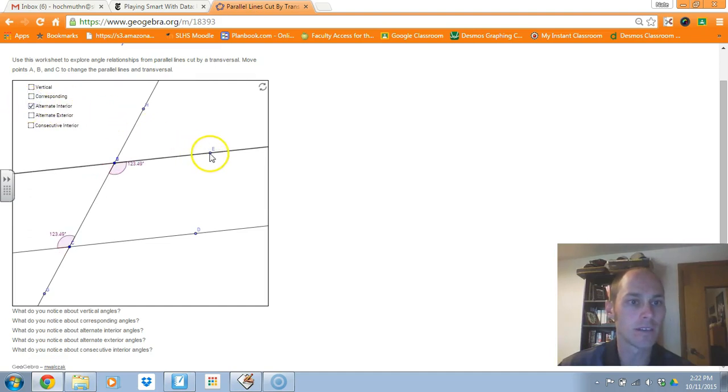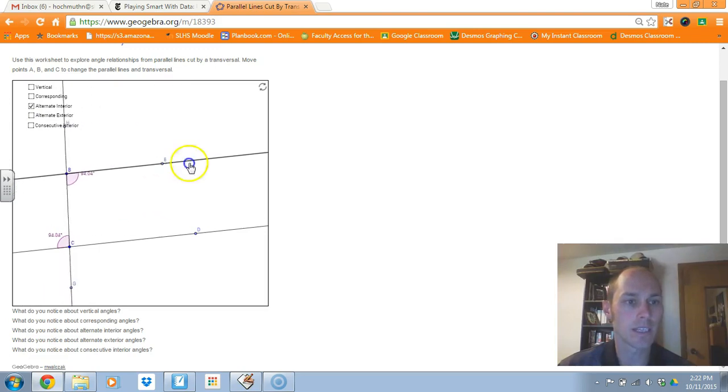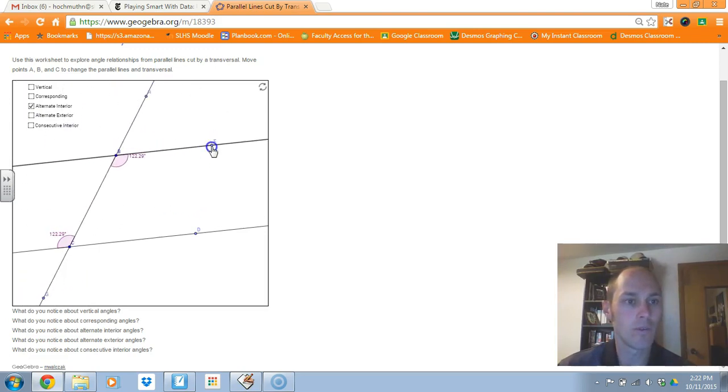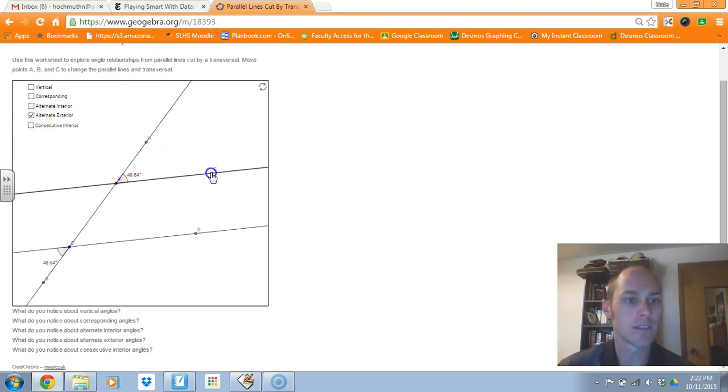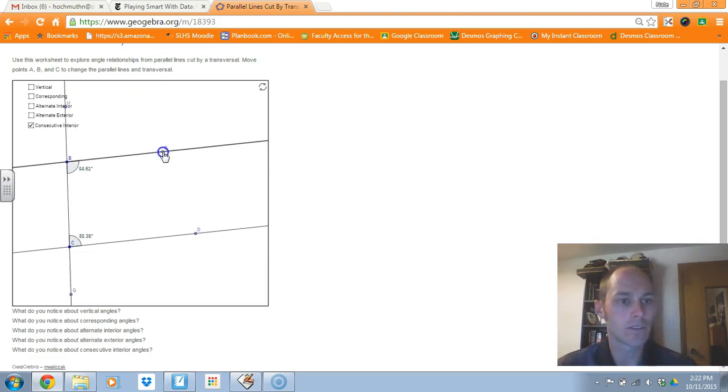Alternate interior, as we thought before, those are congruent. Yes, the angle stays the same no matter how I move those. Alternate exterior, those remain congruent. And the consecutive interior, also known as same side interior, what's true of those? They're not congruent,